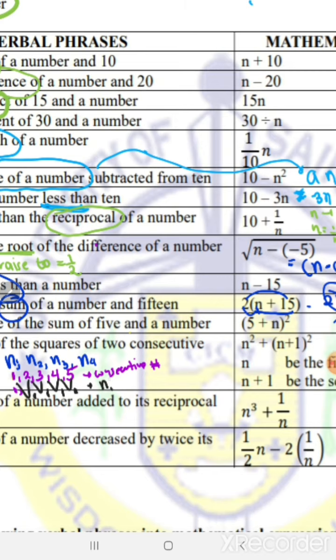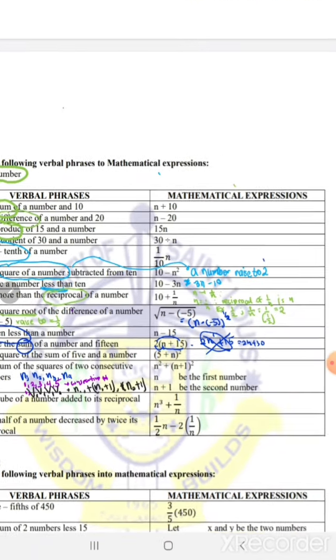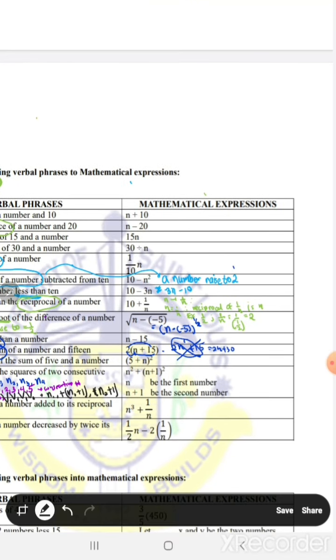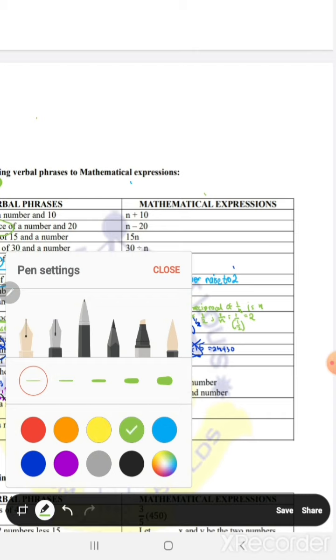n2, which is equal to n1 plus 1, and then your n3, which is equal to n2 plus 1. Okay? Take note that this can be denoted into